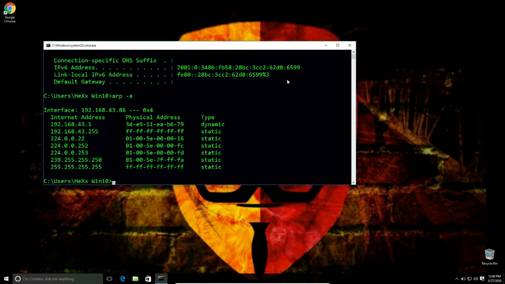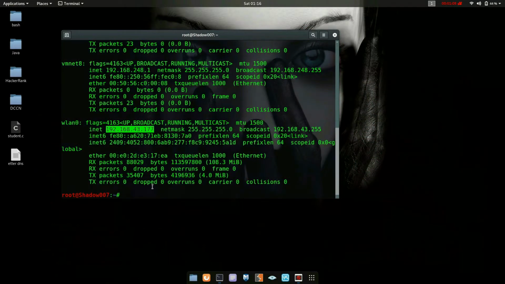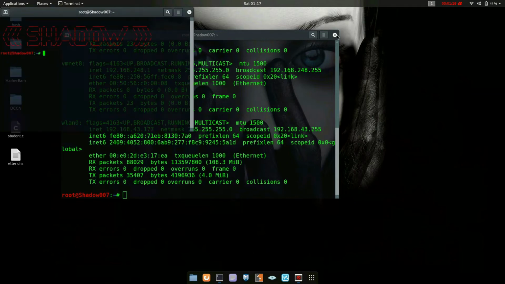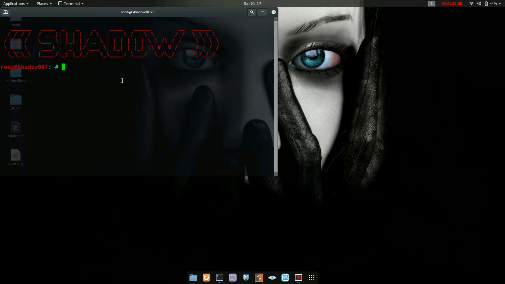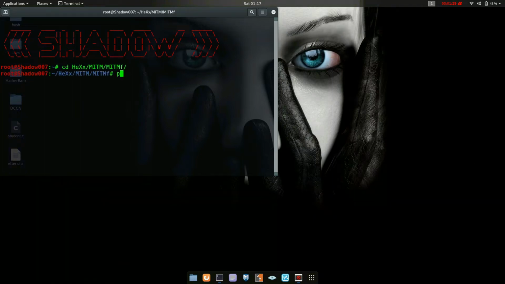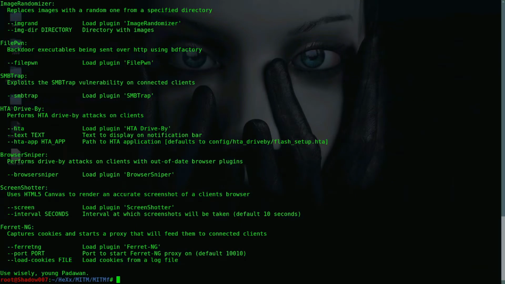Go back to the Kali system. Now open a new terminal and go to the directory in which MITMF is present. Type python mitmf.py for running this tool, and -h for help. Now type python mitmf.py -i for interface, and my interface is wlan0, --spoof